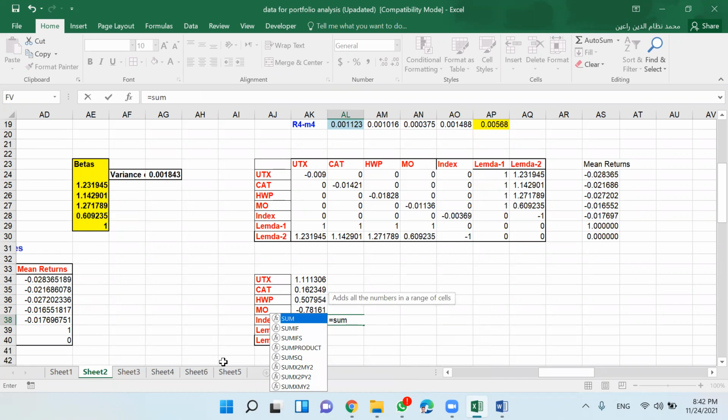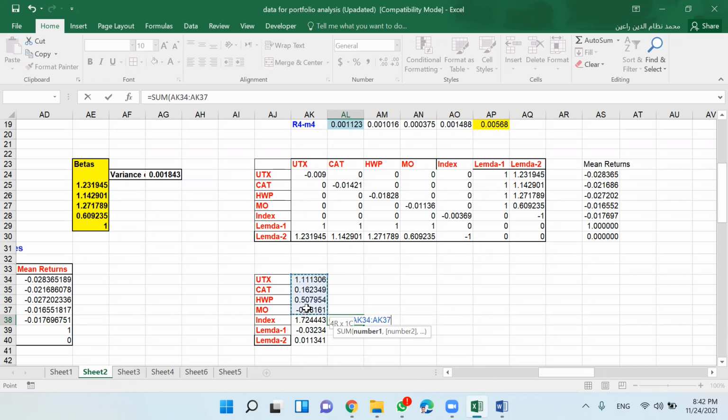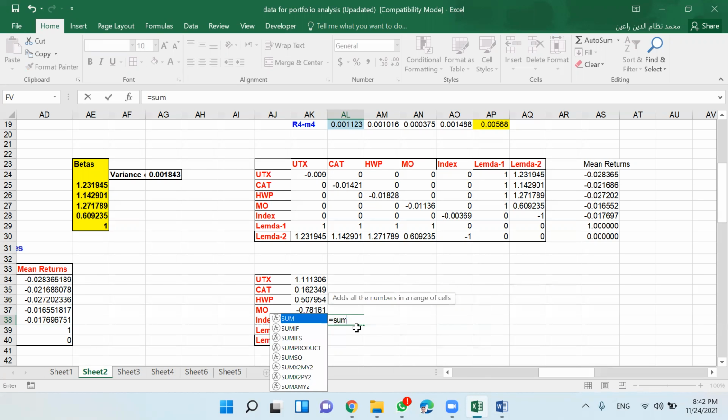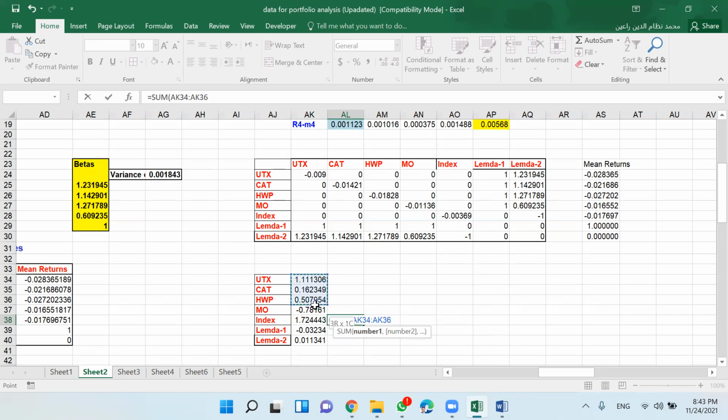The solution is correct, there is no doubt in that, but the only thing is, the sum for the first four, without market, without the market index.